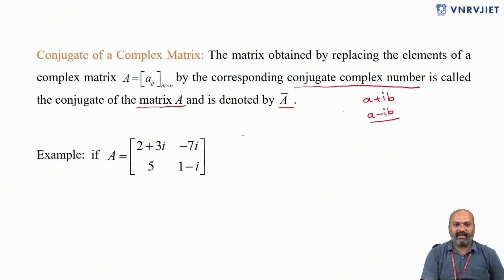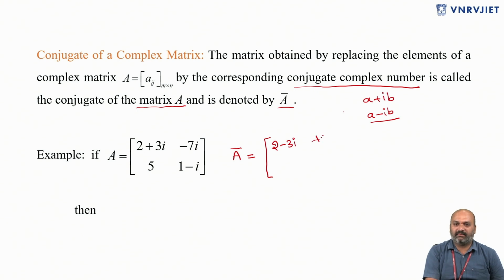Suppose you take the matrix A as 2 plus 3i, minus 7i, 5, 1 minus i. Now the conjugate of this matrix is denoted by A bar, where we have to replace every element with the respective conjugate element. 2 plus 3i, its conjugate is 2 minus 3i. Okay, minus 7i. It doesn't have any real part, but for its conjugate we have to change the sign of the imaginary part, which is